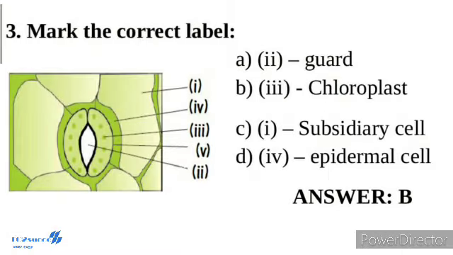Question number 3. Mark the correct label. Shown in the diagram: A, stomatal aperture with the guard cell. Transpiration is the evaporative loss of water by plants. It occurs mainly through the stomata in their leaves. Besides the loss of water vapor in transpiration, exchange of oxygen and carbon dioxide in the leaf also occurs through the pore called stomata. Normally, stomata are open in the daytime and closed during the night.